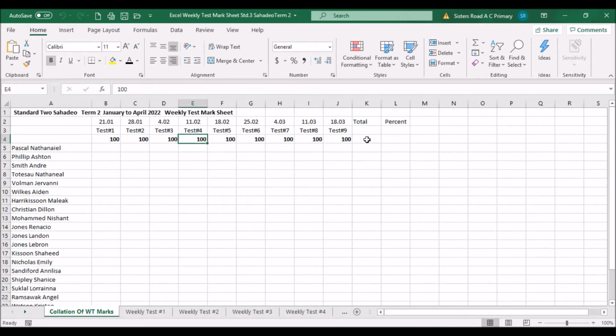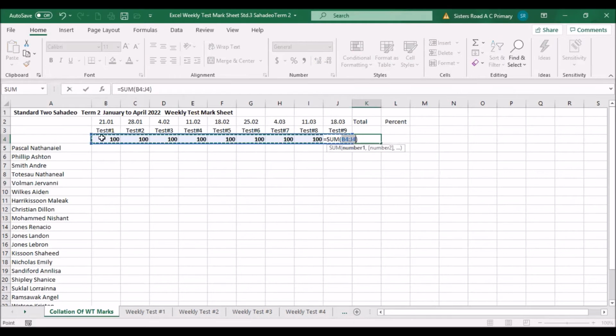Now, when you come to the total column, come up to your home tab up here. See, this home is highlighted, underlined green. So in the home tab, this little E is your sum. So when it gets gray, we're not clicking the arrow on the side, we click on the E, and automatically it's going to sum or add up all the scores, and you just hit enter and you'll see it's out